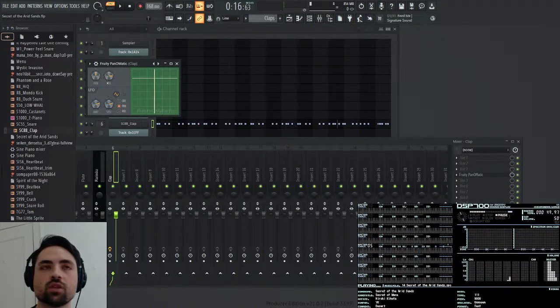So let me see, it's definitely not a sine wave. So I just have to match that up with the speed of what is playing. So it's actually pretty accurate.